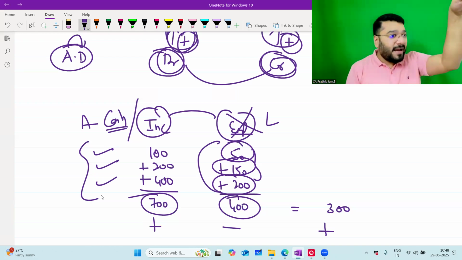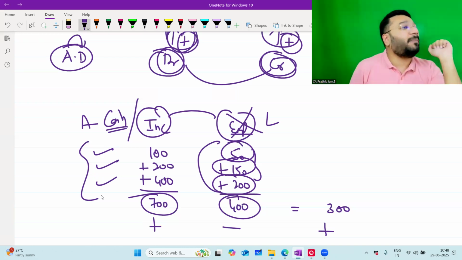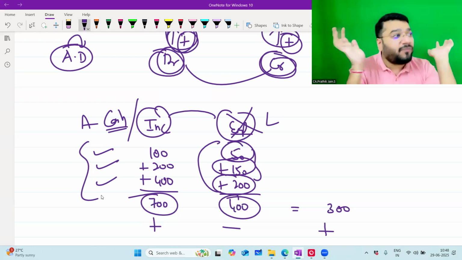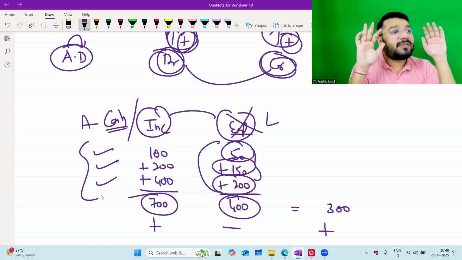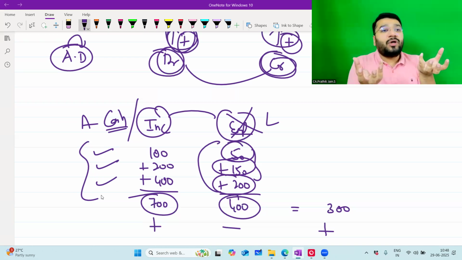So without applying your mind, we will decide in the ledger which items should be added and which items should be subtracted. Which means the person who created this rule was very clear that there should not be tremendous pressure on the heads of the person who's learning accounts. You have to keep it simple. So he came out with the concept of debit and credit with a few more rules and formats.